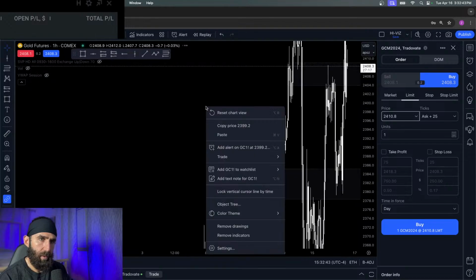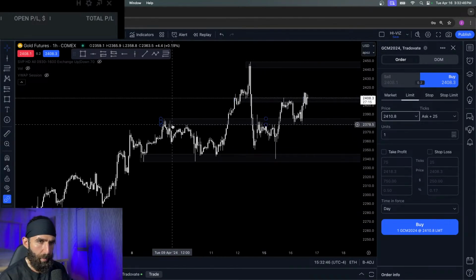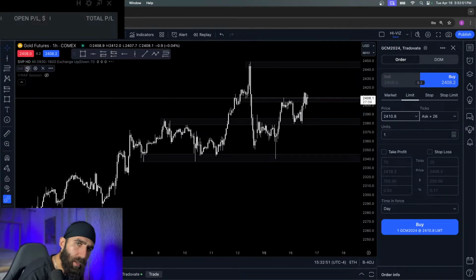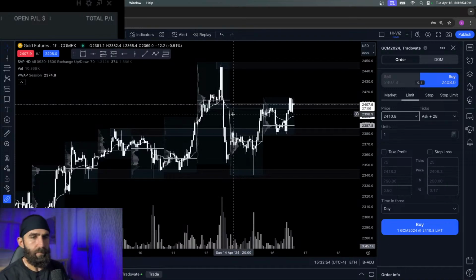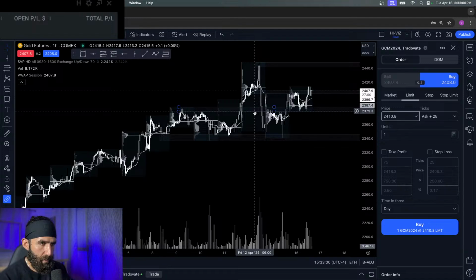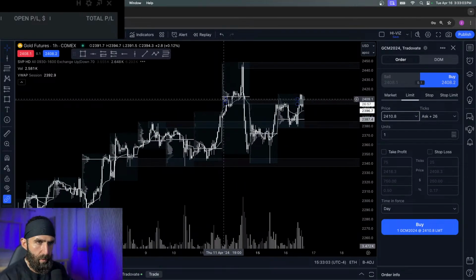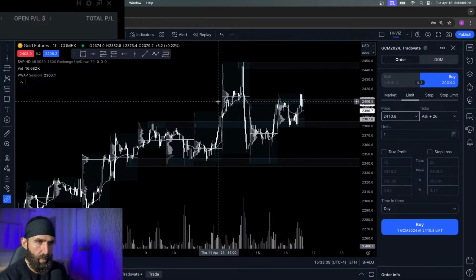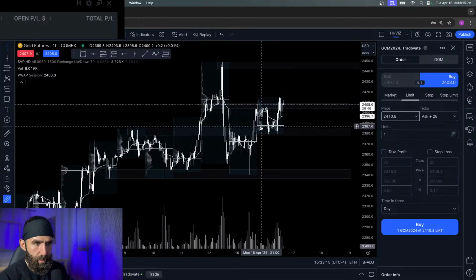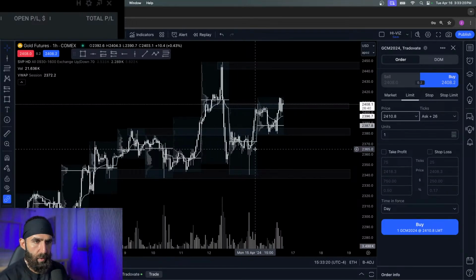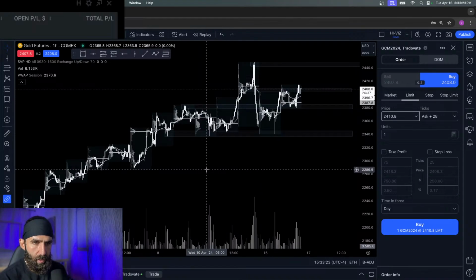I'd be marking my higher time frame zones, having an idea of where I want to pay attention to, just highs and lows, and then looking at the lower time frames to really do the same thing. Let's look at volume. A lot of volume kind of in the middle of this area, which is a little bit interesting. This zone, you could pull this up a bit. It would come off of these highs and you'd line it up with this area of high volume here, but we do have some volume in these areas right here. Same deal, a decent amount of volume just coming out of that zone, and a decent amount of volume right below this zone. Obviously, it corresponds with where price has been trading.